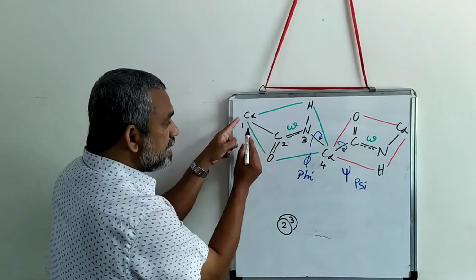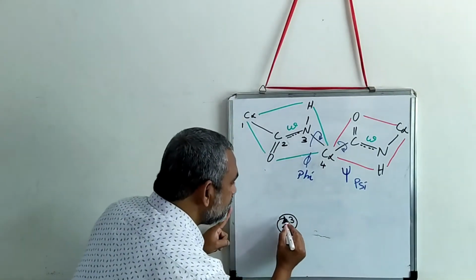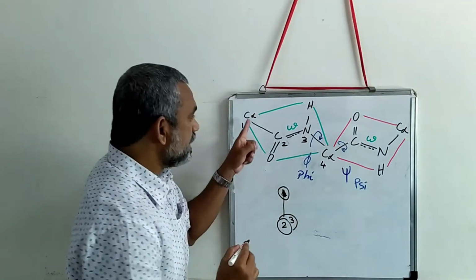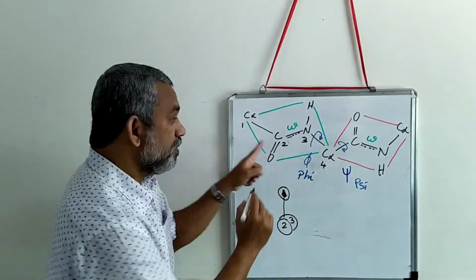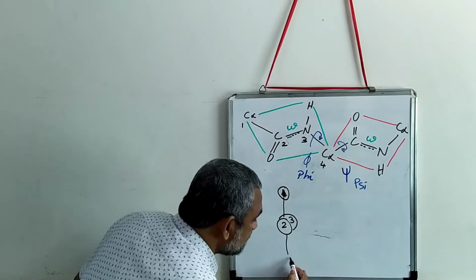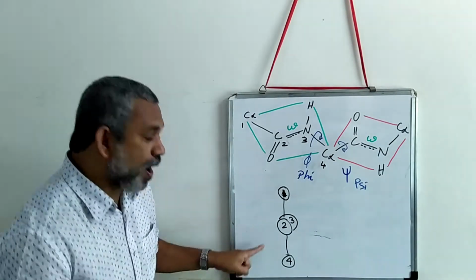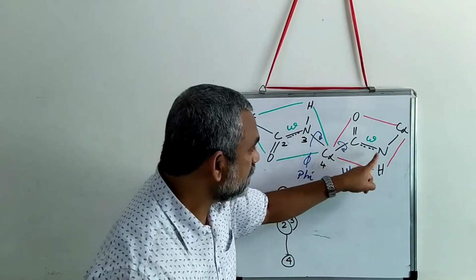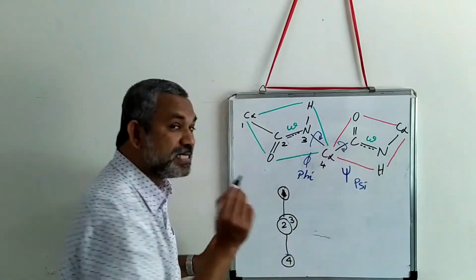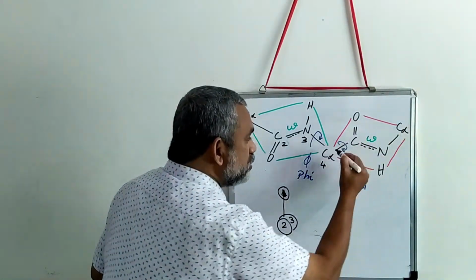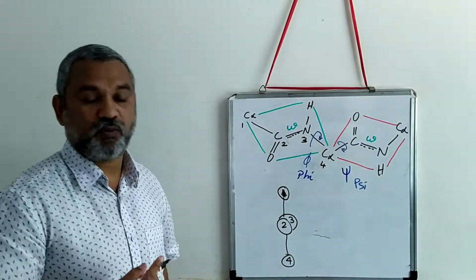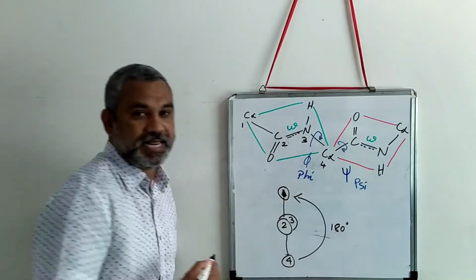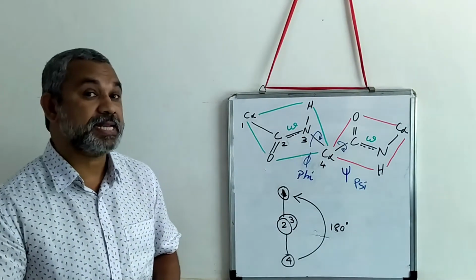Then you will see that carbon number 1 is slightly up, and carbon number 4 is totally on the opposite side, at the 4th place. This is one possible rotation, and you can see the same thing here also. If this is 4, 3, 2, 1, you will see that 2 and 3 are on the same plane, and these two are like 1 and 4. So the angle it takes is about 180 degrees.